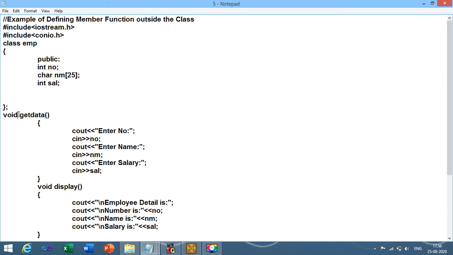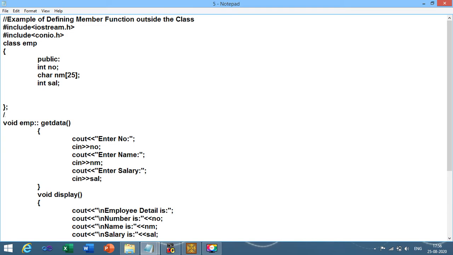See, getData and display function are the part of employee class. So you need to mention employee, then the scope resolution operator and the name of the function. This is the syntax. Let me apply the comment line over here.